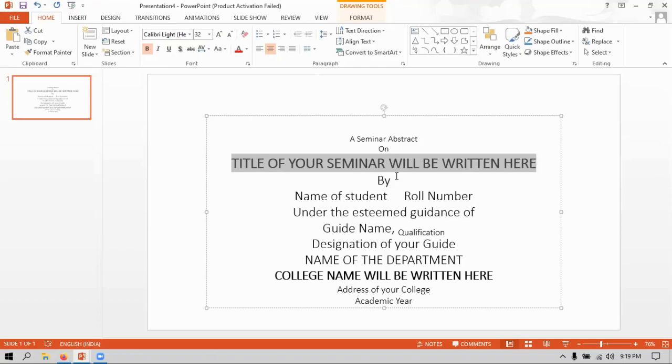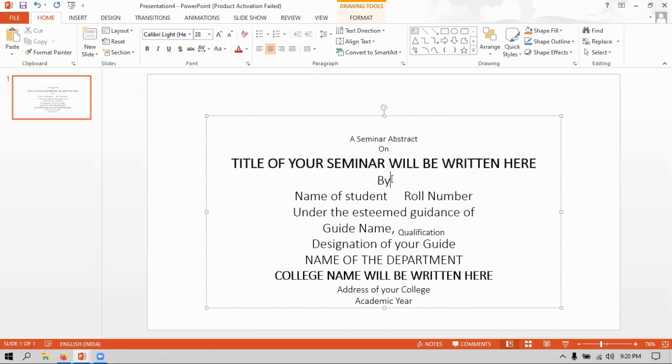Depending on the title and the number of words, you can choose 28 or 32, but it should be the largest font size across the slide when you compare with all the lines in the cover page. So this has the highest font size.